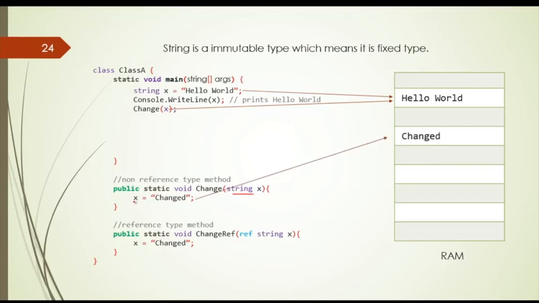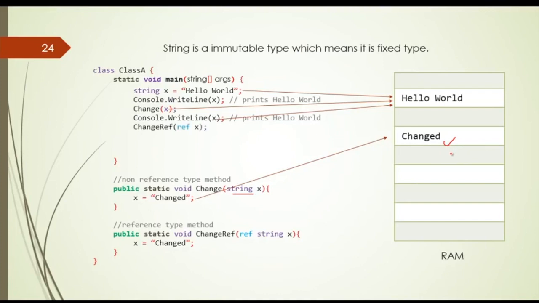After that, when we are doing x equals change, it is really doing a new thing to a string. It will create a new string in a new memory location, and let's say that new location is here and x is created here. But after the function is passed, it really remembers the previous memory reference location. So when it prints, it prints hello world, but it really changed in the process of the function, since it creates a new memory location, so you cannot see it.